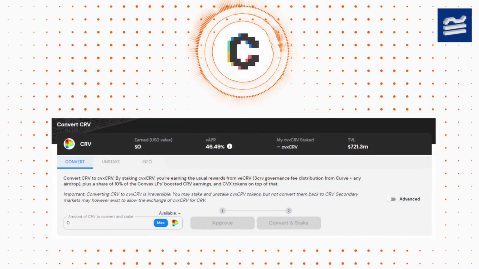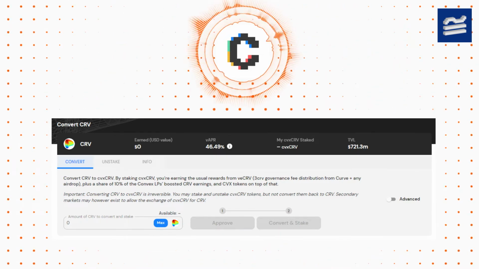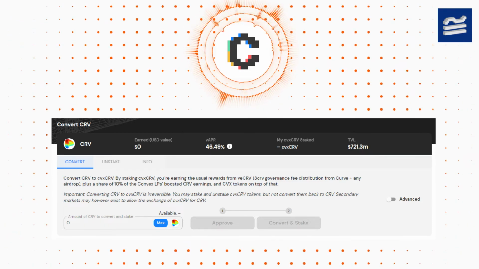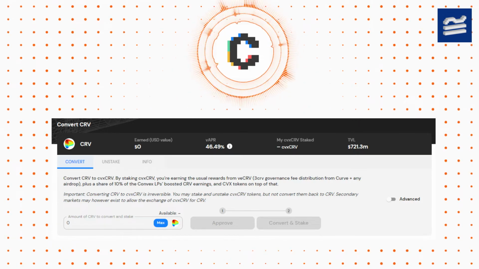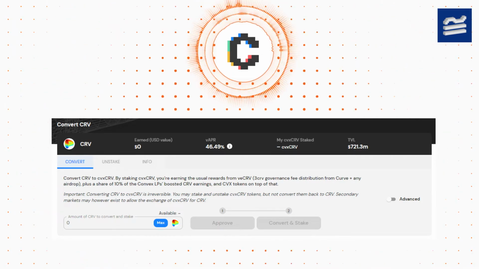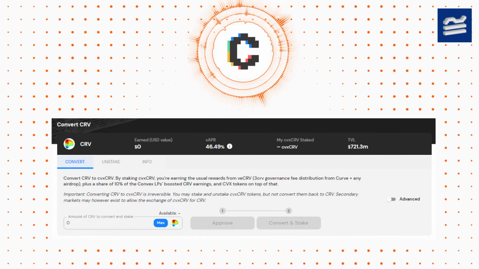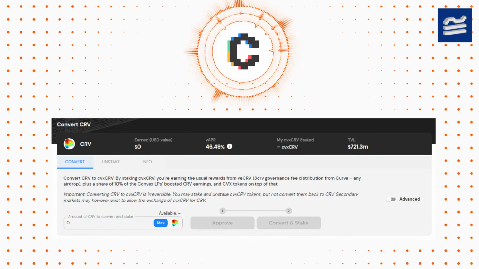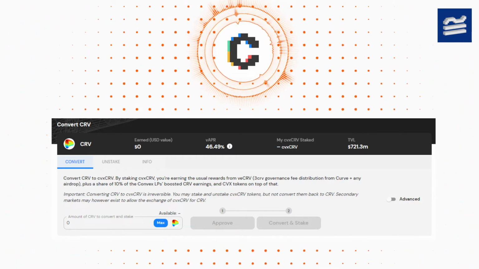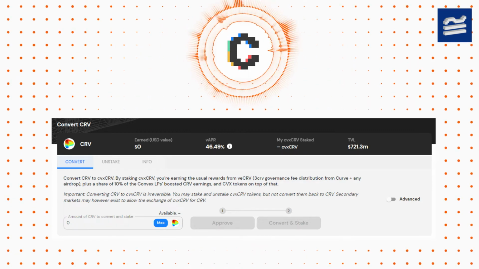A tokenized version of vote escrowed CRV, veCRV, is cvxCRV. When you deposit CRV on Convex, you will get cvxCRV tokens back. This action is permanent. Essentially, Convex is doing the job of locking your CRV tokens for maximum boost and giving you back a synthetic version of the token in cvxCRV, whose price runs close to that of regular CRV. Once users deposit CRV on Convex in exchange for cvxCRV tokens, the action is irreversible, meaning that the CRV tokens will be locked forever.